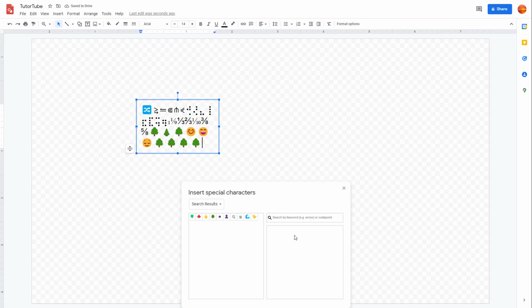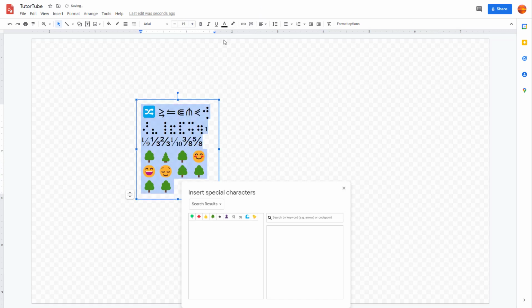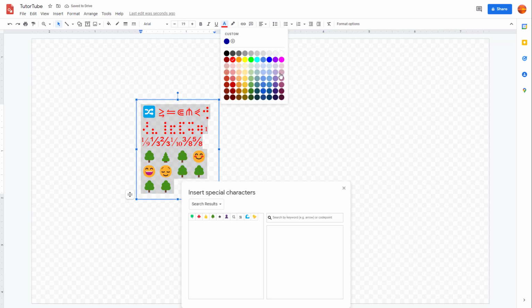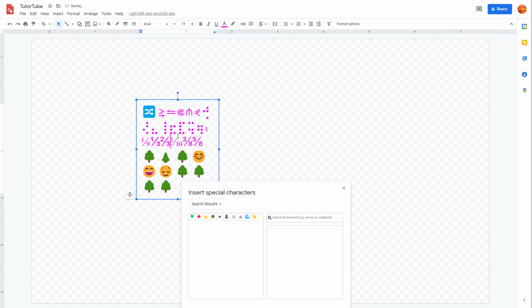So that is how you can insert special characters, and with the special characters, you can work with them as if you're working with text right here. You can change the colors as long as it is supported by that special character and so forth, as you can see. So hope you guys learned